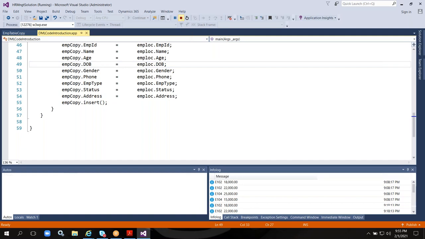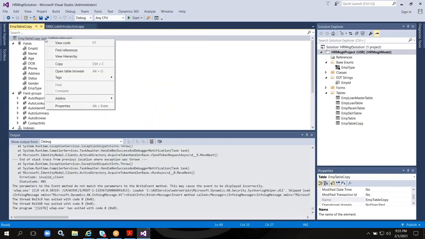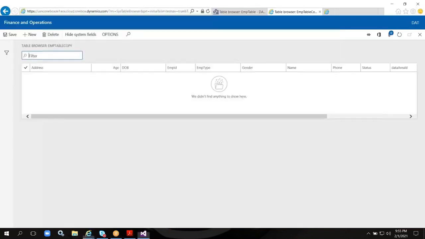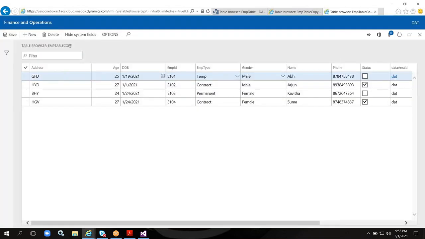Okay, let's open this table again, the copy table in the browser, and we'll see this one, emp table copy, 4 records. Okay,